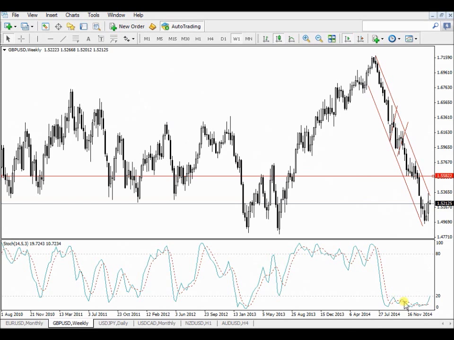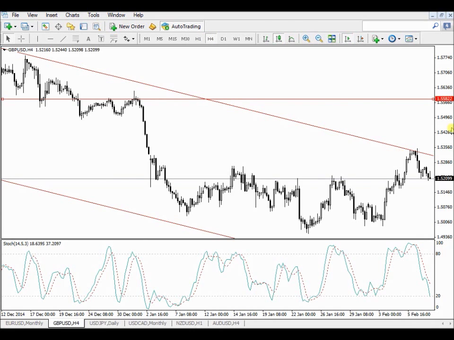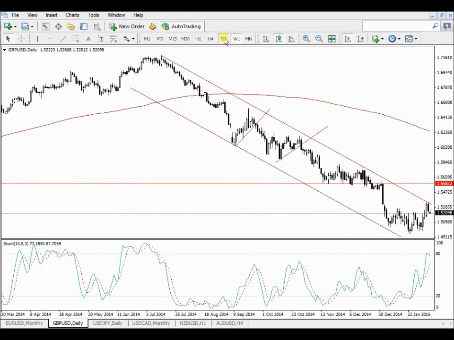Am I looking at this indicator here at the bottom? At this stage, this indicator doesn't help me a lot, because I'm not looking to buy in this market. We are in a bearish market. What I do want to see here is the market is on the lows. This is support, 1.4813. That's a nice support area for the pound and the dollar. I'm waiting for this to break out to the top, break out resistance, test that top resistance, and if I can do it much lower here on the support, rather buy on the support with my indicator which is totally oversold here, then I will look for a buy.